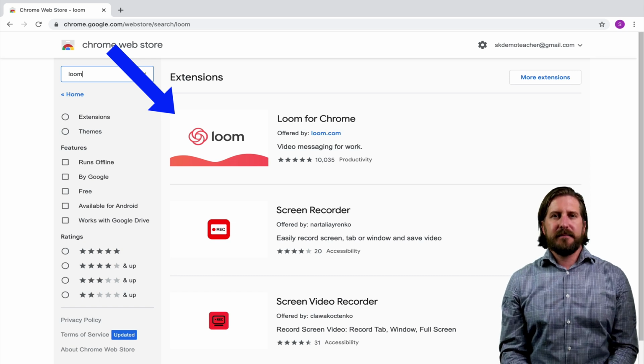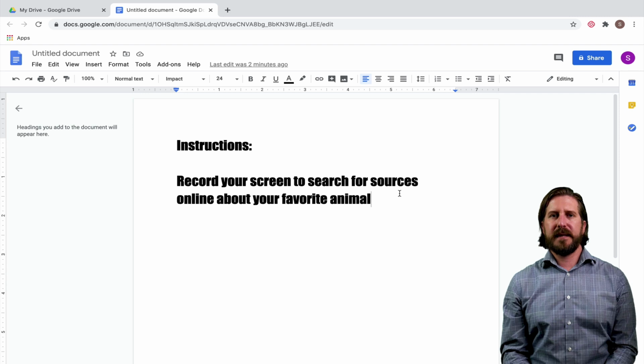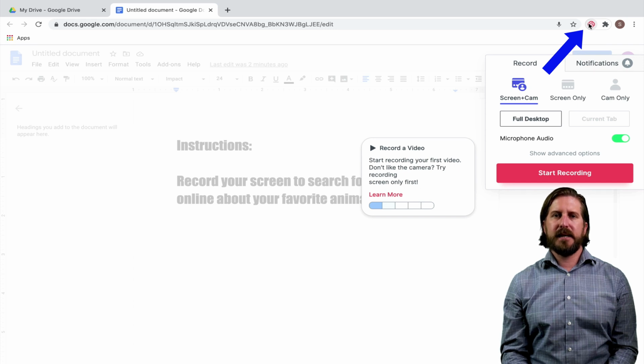Now, to be honest, it doesn't matter all that much whether or not students have Loom or Screencastify installed on their browsers, but I do think it's important that they learn how to use a screencast tool. The reason for this is that screencasting can be a really powerful way for students to show their work, to explain their thinking, or to show you a problem that they might be having on their computer.